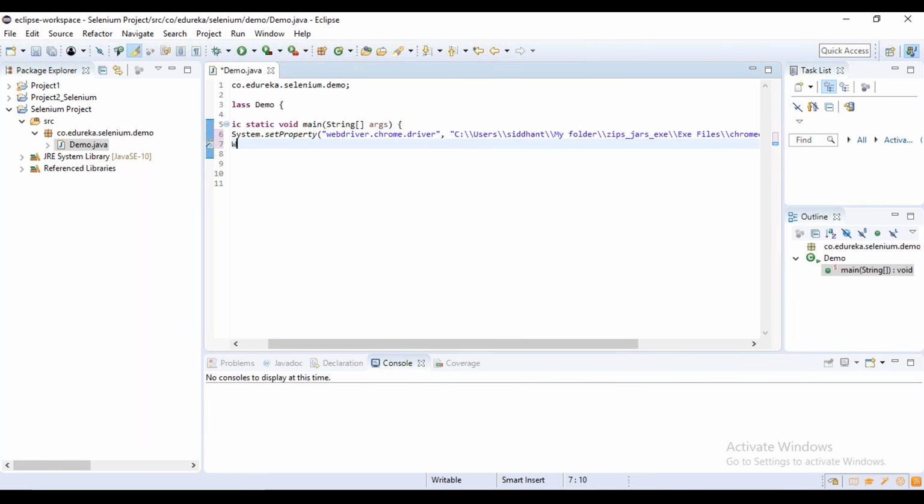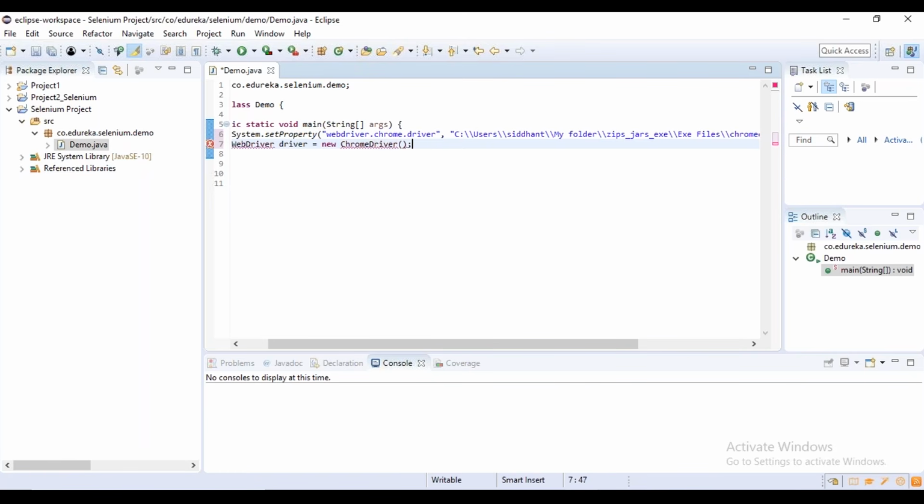So let us go ahead and create a reference variable for the interface web driver. I'll name my reference variable driver and assign it an object of the class Chrome driver. Now these interfaces and classes have been provided to us by the Selenium jar files that we added. We just have to import it to our program.